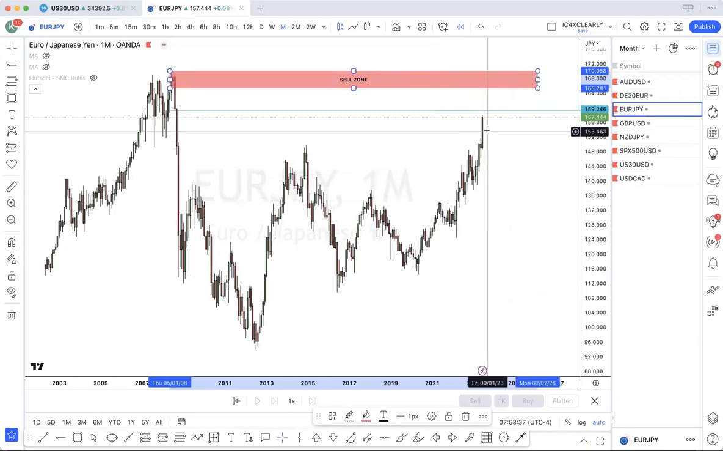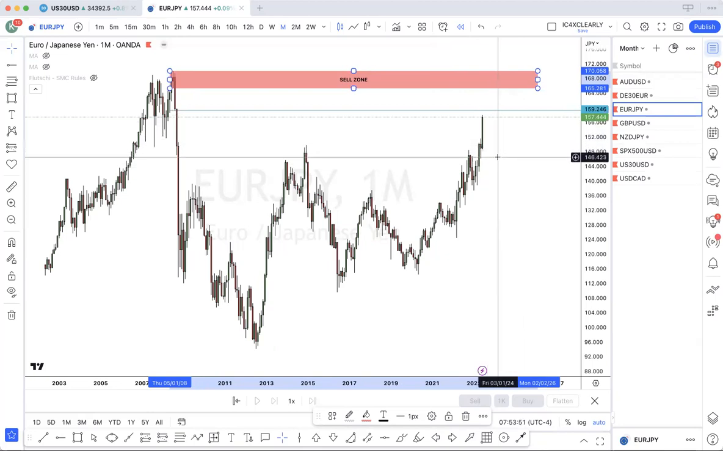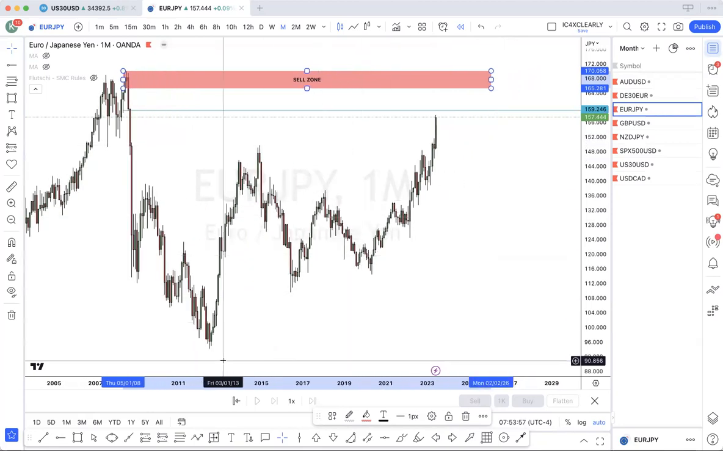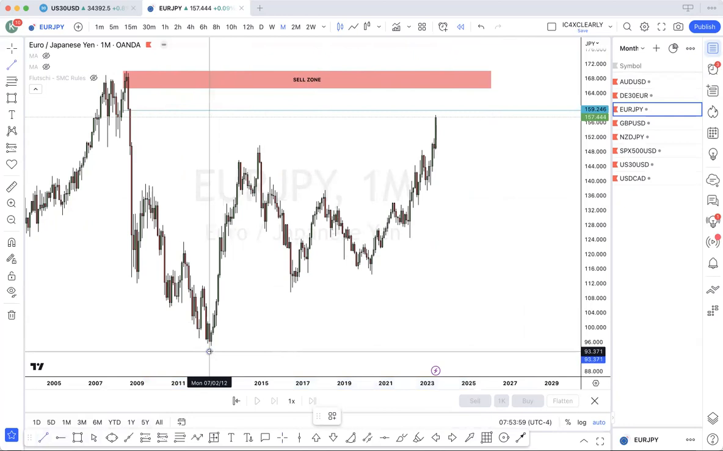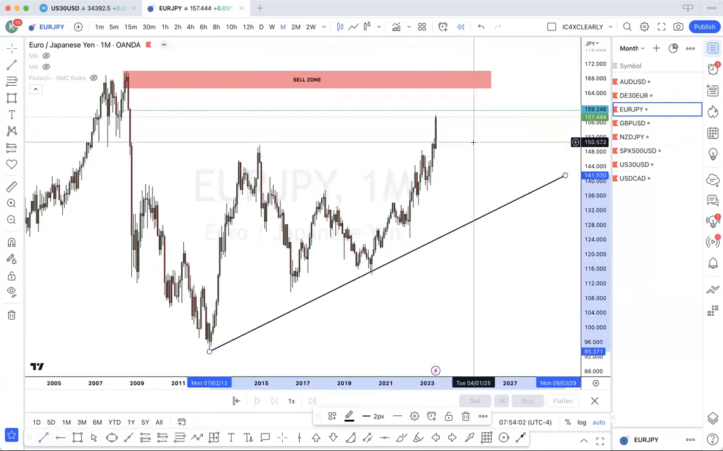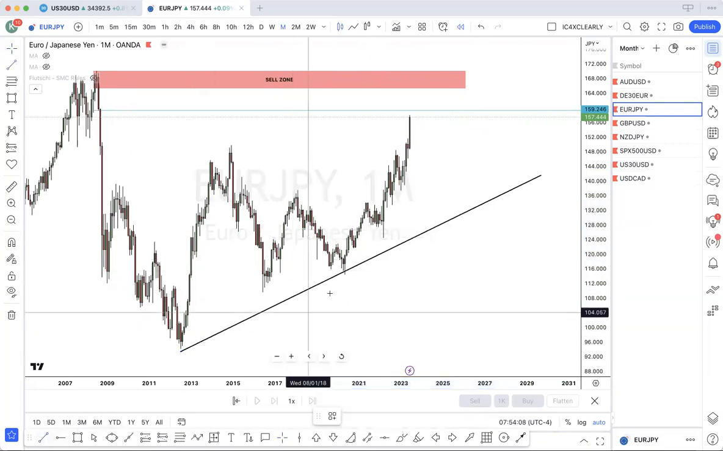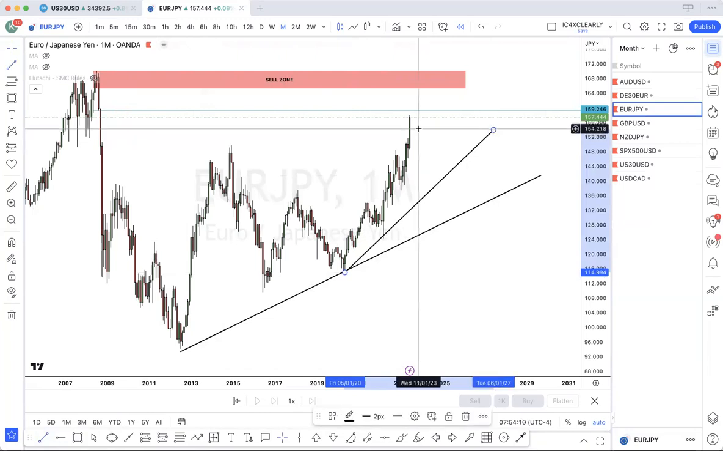Okay, so price may tap into filling this imbalance here and may give us a pullback for the month. Overall, however, with that being said, price is very bullish, right? Or has been bullish. So once it taps, it may pull back to